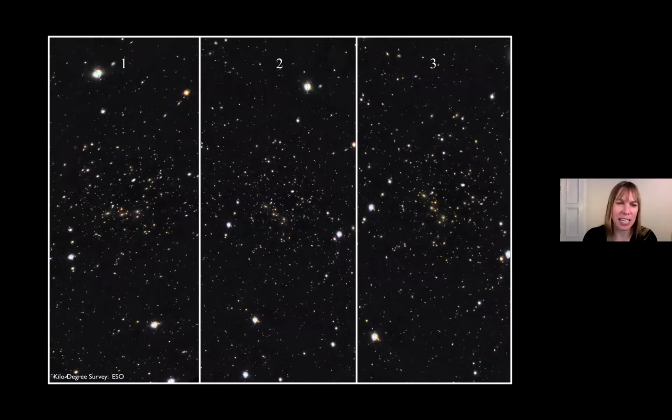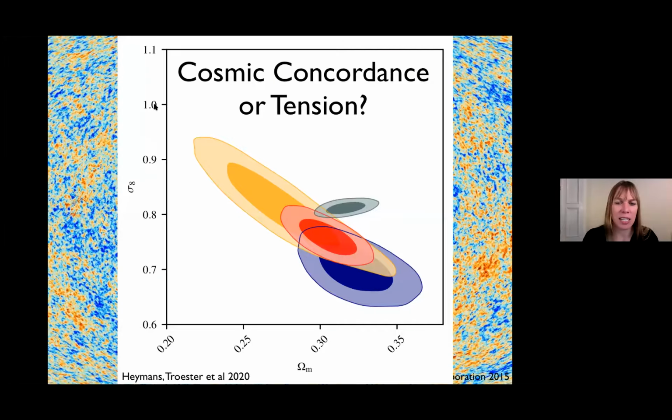And here's that same plot I was showing you before. So this is how clumpy the dark matter is on this axis, and how much dark matter there is. And this just came out a couple of months ago now. If I compare it to the previous plot that I showed you, the bananas are much shorter now, but still they hardly agree. So something is up, something is strange.